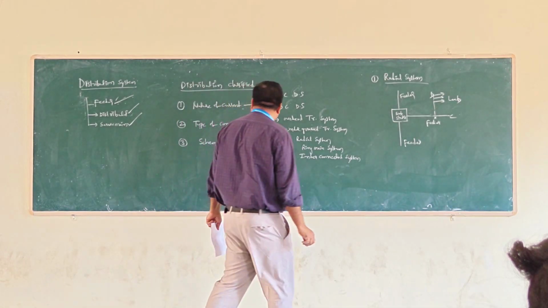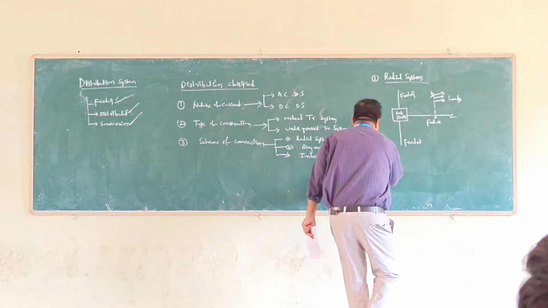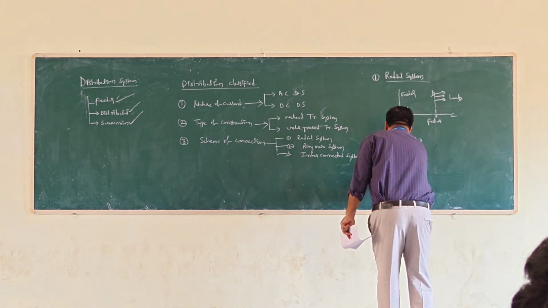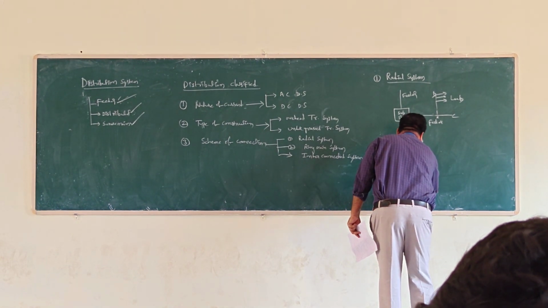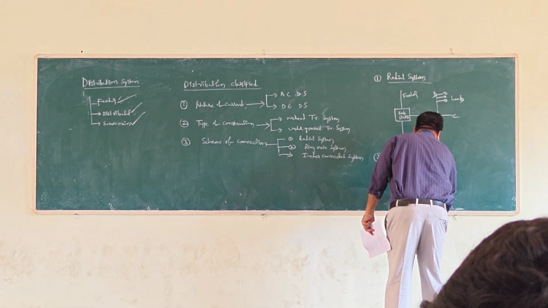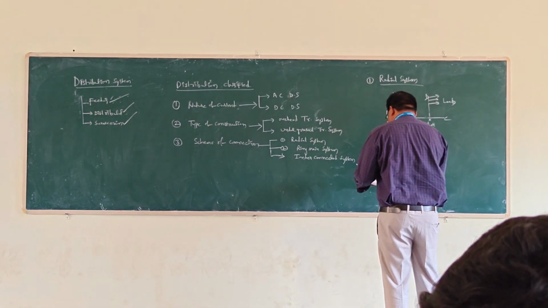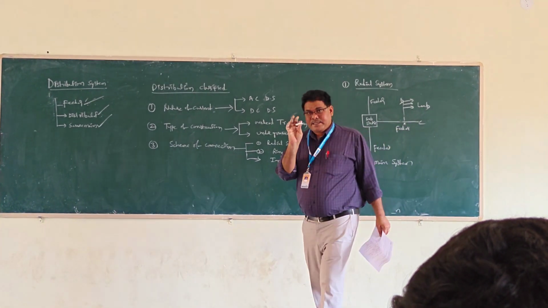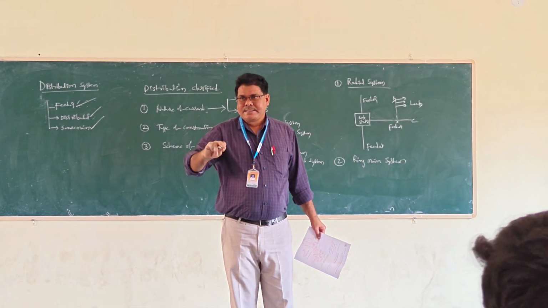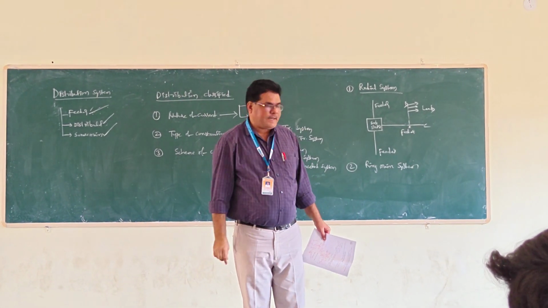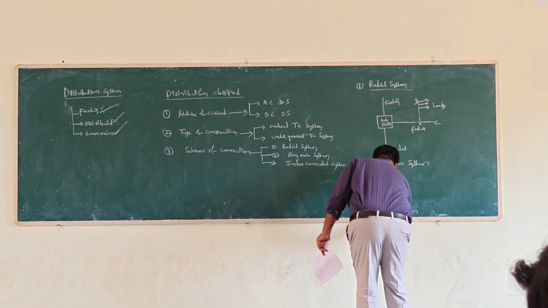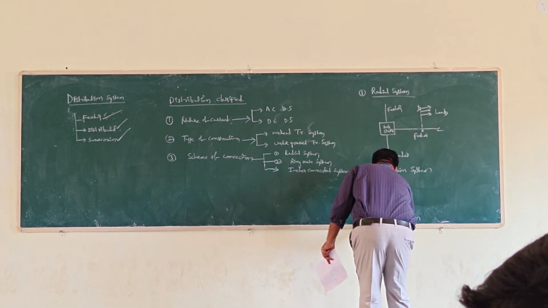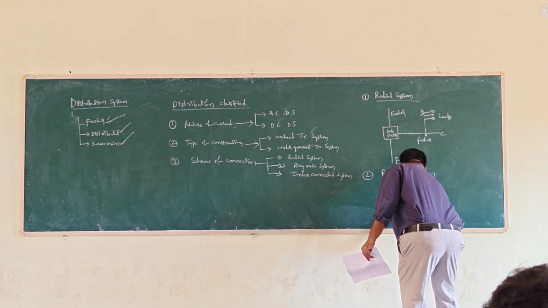So in the ring main system, that is the second figure. Here also one single substation is used, but it is connected in loop side, ring side. Only a single substation. It is connected to